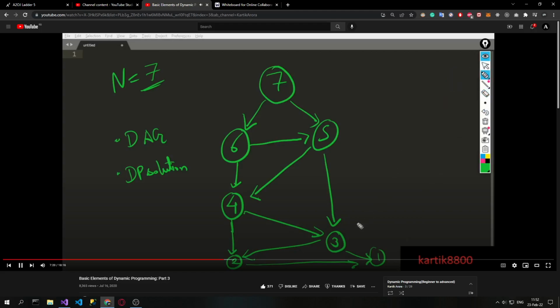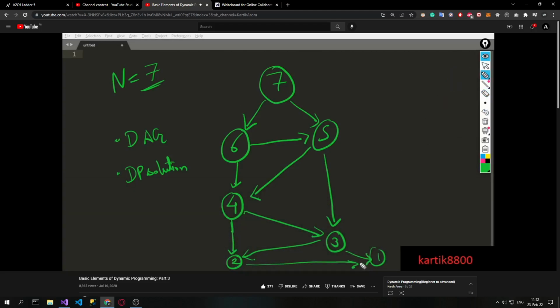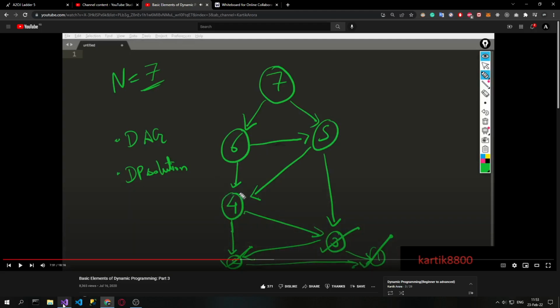Now how does the bottom up work? Bottom up works in this way. It will evaluate 1 first, because 1 is independent of any other node. Now it will try to evaluate any other node that can be evaluated only using the information of this node, and that is node number 2, because node number 2 depends only on the answer for node number 1. So bottom up will evaluate this. Then it will find another node that can be evaluated using this information. It will say okay 3, because 3 only needs 1 and 2, and therefore 3 can be calculated. Again, next it can evaluate 4